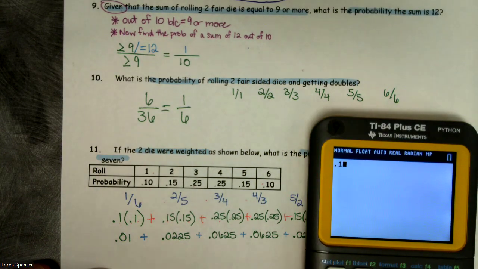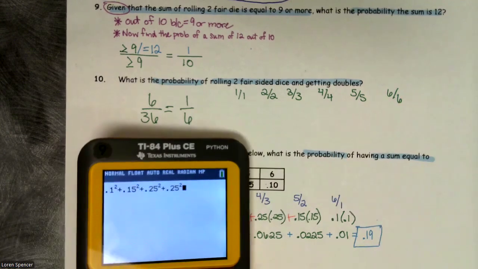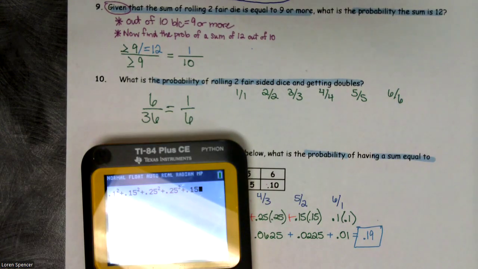So 0.1 squared plus 0.15 squared plus 0.25 squared plus 0.25 squared plus 0.15 squared plus 0.1 squared. And we end up getting